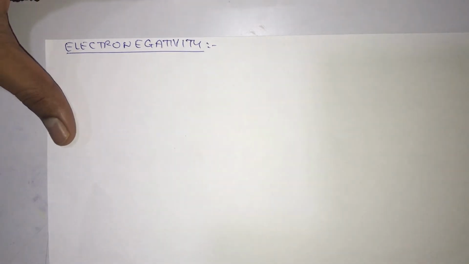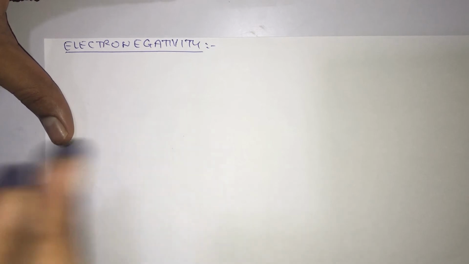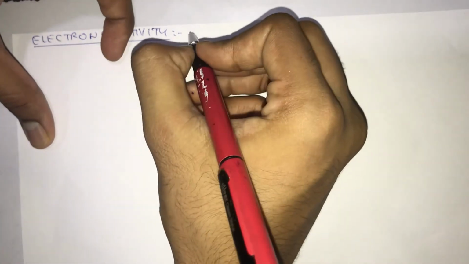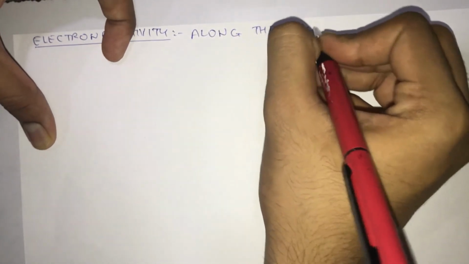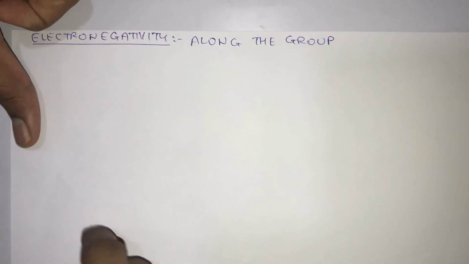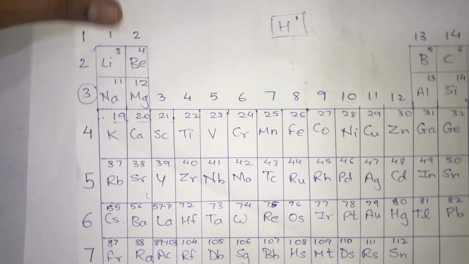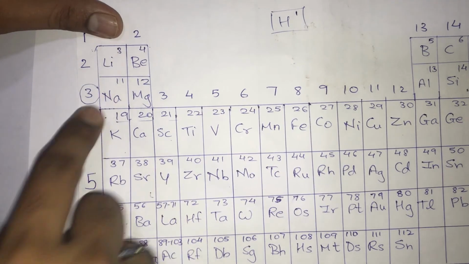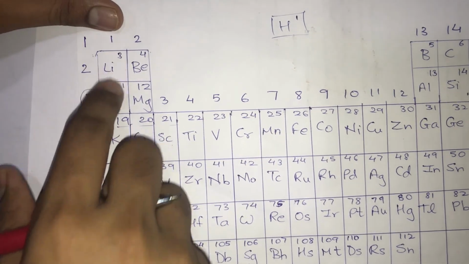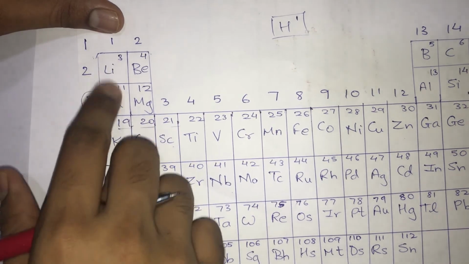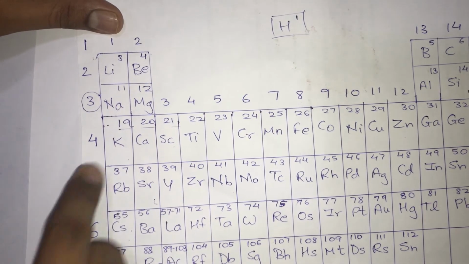So guys, now after understanding how the electronegativity is going to vary as we move across the period, it is time for us to understand how the electronegativity is going to vary as we move along the group. Now to understand this, we need to take an example of one group. So let us take an example of the first group. Now inside this first group I am not going to consider all the elements, but instead I am going to consider the first 2 elements. So if you understand the trend for the first 2 elements, then it is easier for you to understand the trend for the remaining elements.